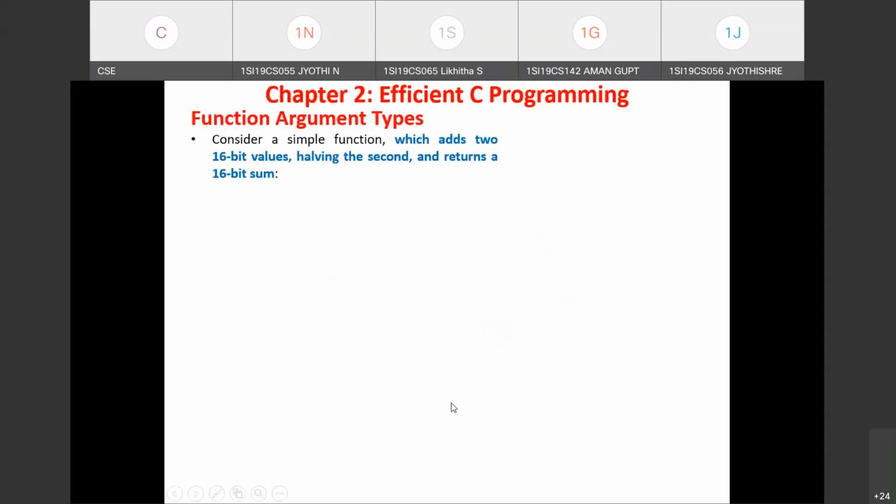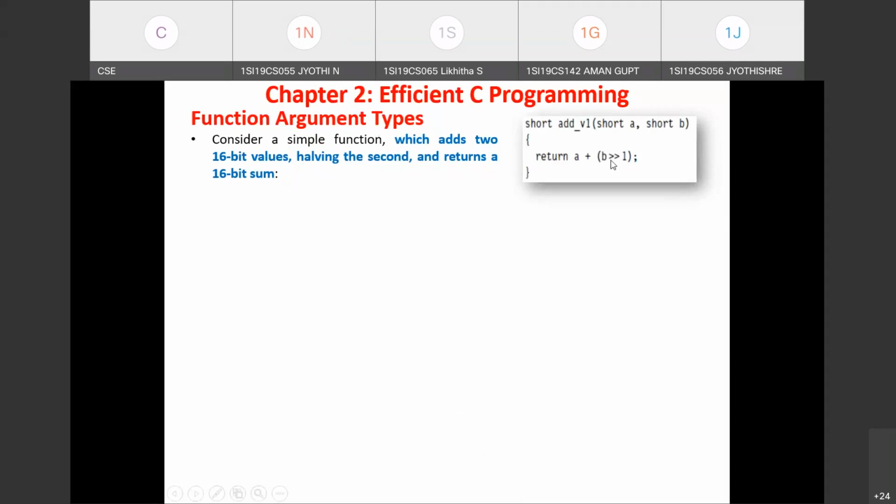Here we are going to consider an example function which adds two 16-bit values by halving the second value, and the sum written is 16-bit. So for understanding what the function argument types should be, a simple example routine is considered.